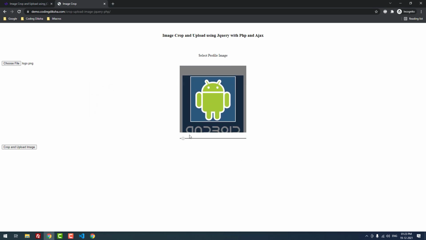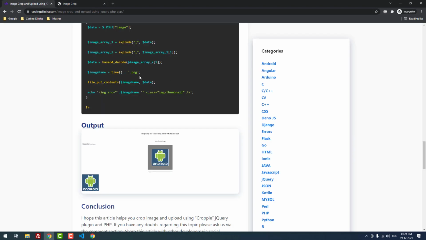Let me crop first. Okay. When I click the crop and upload image button, as you can see, it has successfully cropped the image, uploaded it and displayed the image from the server. Okay, that's it guys. So it is working perfectly. It will not work on localhost, but it works on the live server.